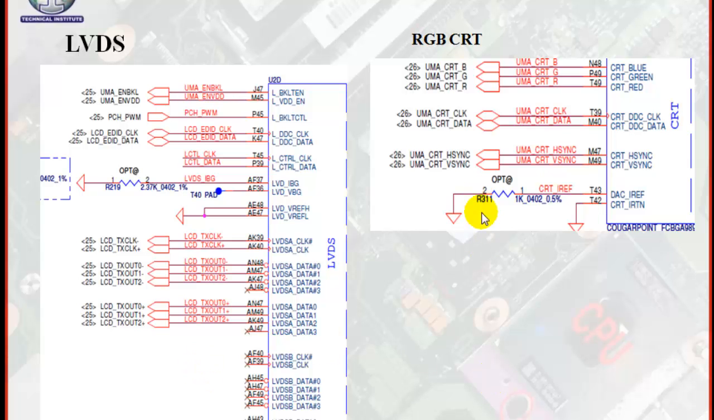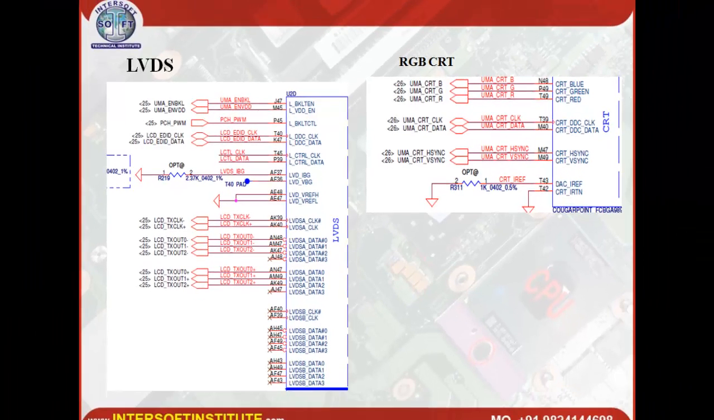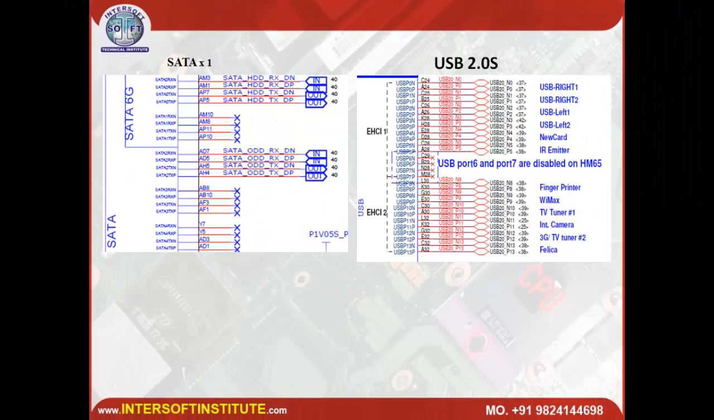If we are connecting a monitor, then there is the RGB controller. RGB means red, green and blue. Then there are clock, data, horizontal sync and vertical sync. These are the connections. If it is SATA, then there will be 2 out and 2 in, that is